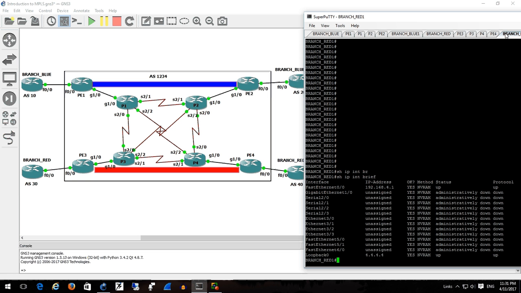So this is our topology, and all the configured IP addresses and interfaces are up and protocols are up. Now I am going to configure a tunnel between PE1 and PE2 routers for branches blue and blue1, and another tunnel between PE3 and PE4 routers for communication between red and red1 branches. So first we will configure